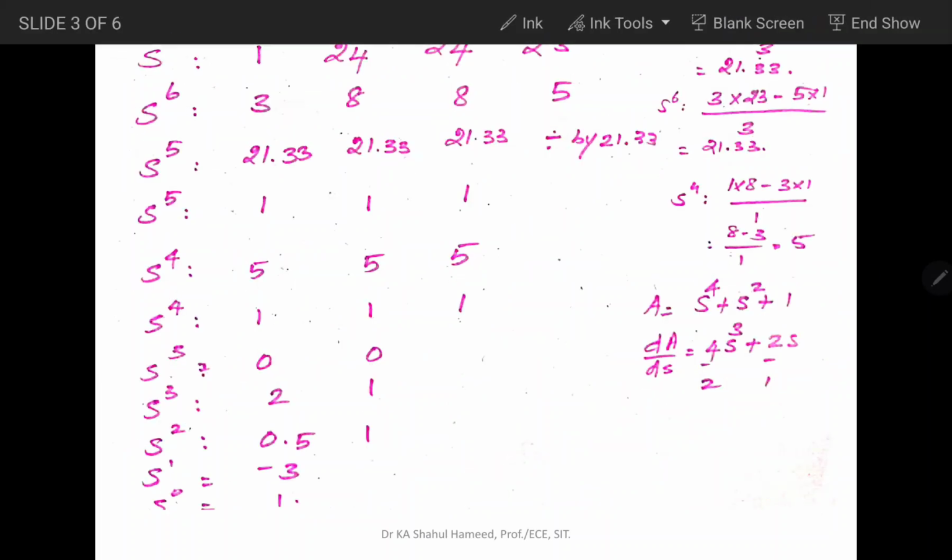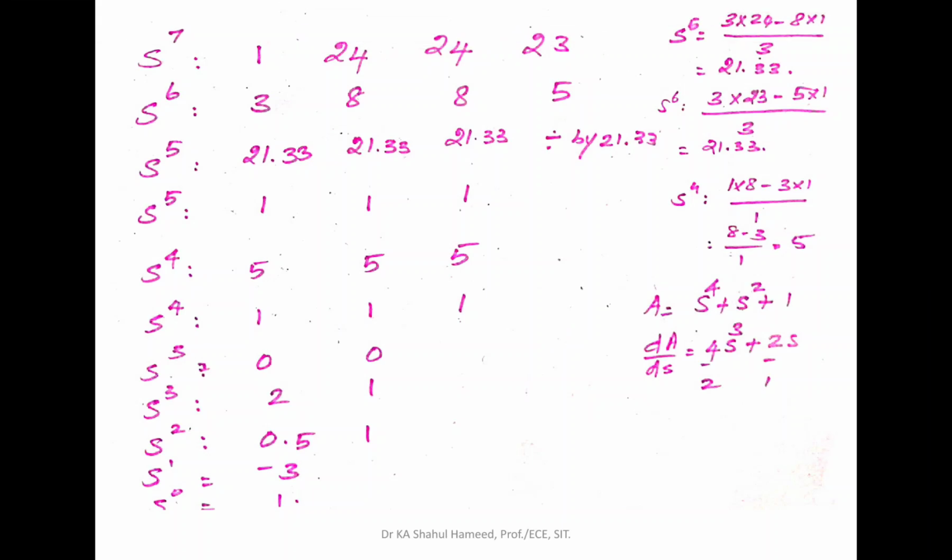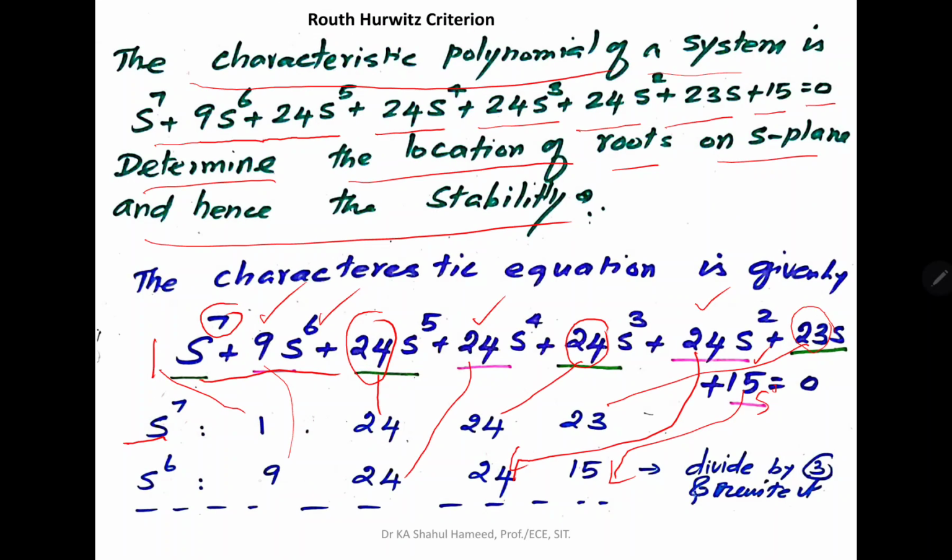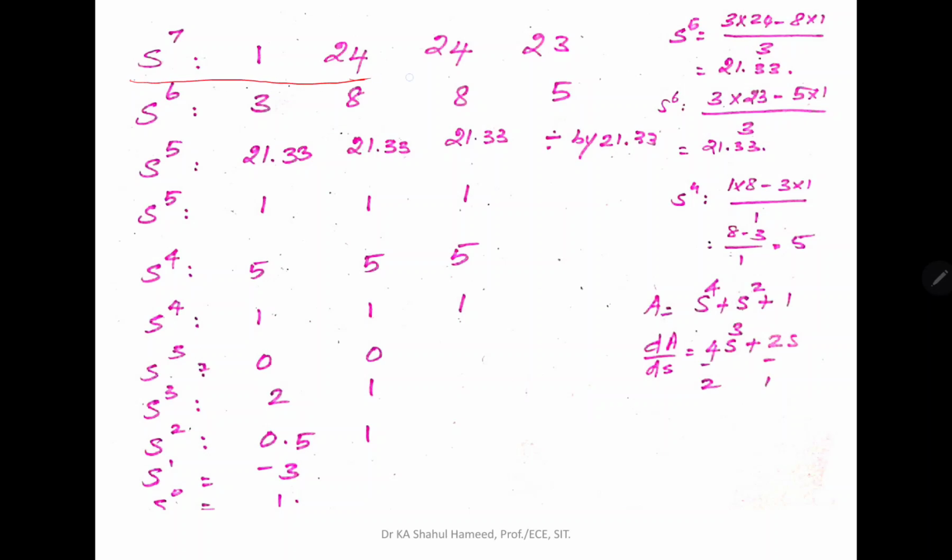After writing it, when you are seeing the even coefficients here 9, 24, 24, 15, we can divide this entire row by 3. When we are dividing the entire row by 3, you will get 3 and 8, and this is 5. So I am rewriting this array: there is no change in the first row, and in the second row instead of 9, 24, 24, 15, we are writing 3, 8, 5